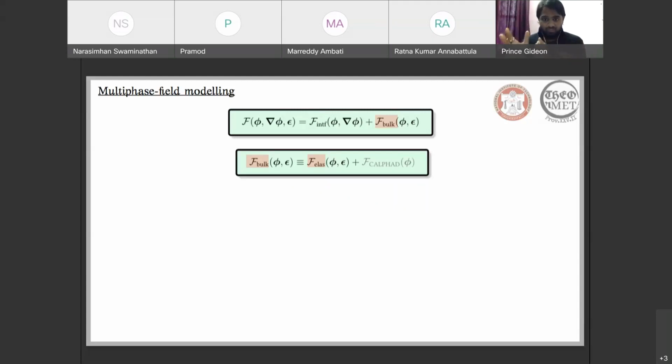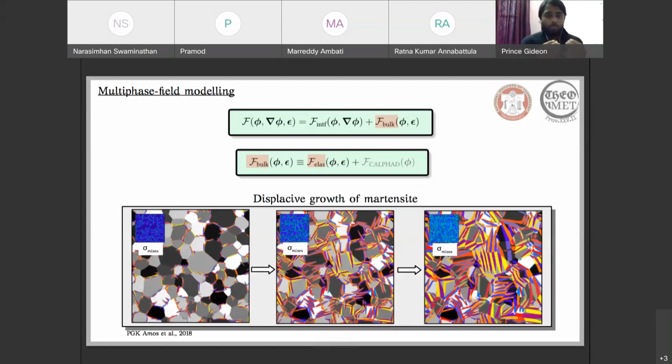The driving force is a constant one, but the morphology of the evolving phase is rendered by the elastic driving force. And using this approach, we were able to model the growth of martensite in a polycrystalline system. Given the nature of our formulation, since we have introduced the elastic driving force here instead of anisotropy to render the morphology, we were able to also incorporate the autocatalytic nucleation of the energetically favorable variants during